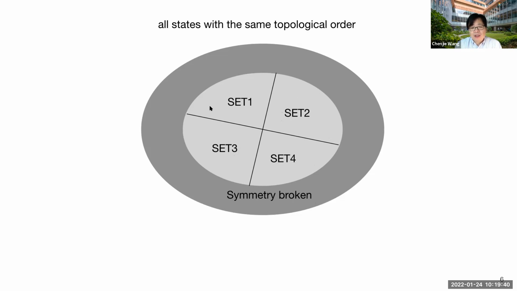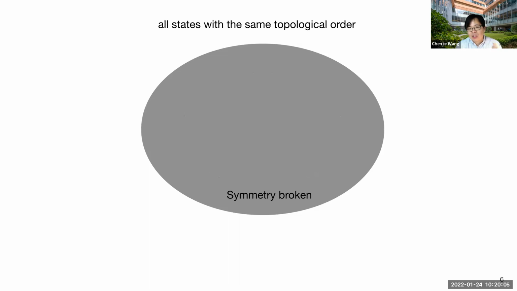And people have been studying all these symmetry-enriched topological phases in the last 10 years. I was mentioning this enforced symmetry breaking. What I really mean is that in this whole phase diagram, the incompatible case means that the symmetric region is actually zero. There's no such region. You cannot find even a point in this whole phase diagram where the symmetry you are considering is compatible with the topological order.